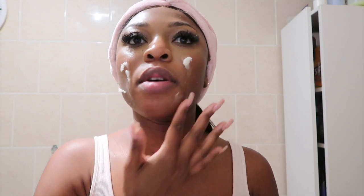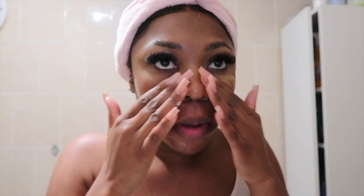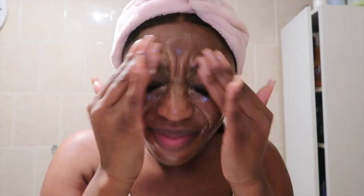So when I'm trying to get my makeup off, usually I would rub it into my hands, but I'm just gonna put it on my face. And honestly, just look, it melts it right off. And then once I've started to get it, including my eyelids, then I'm gonna wet my hands